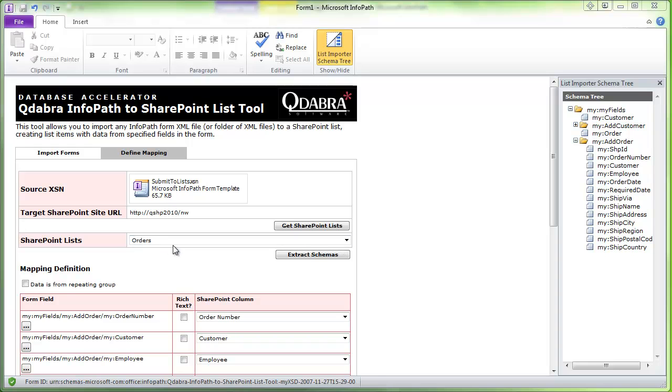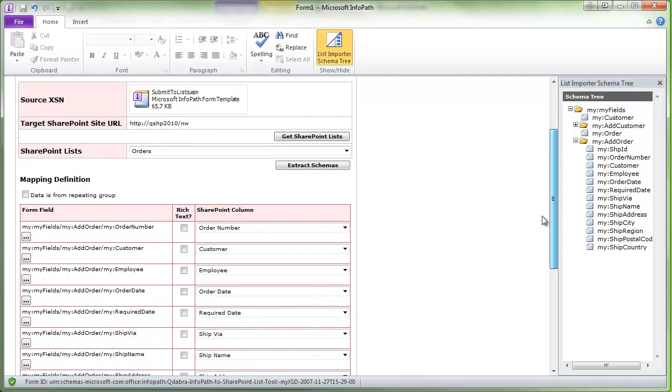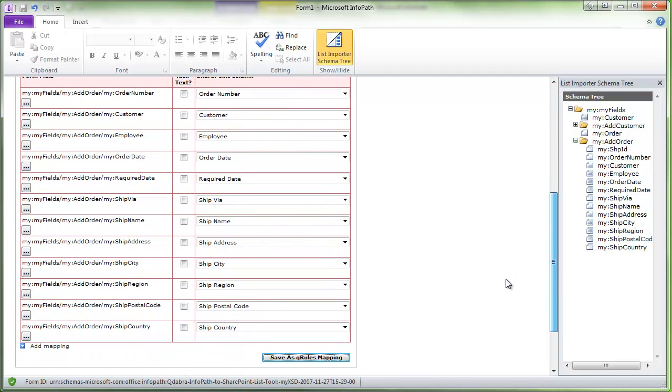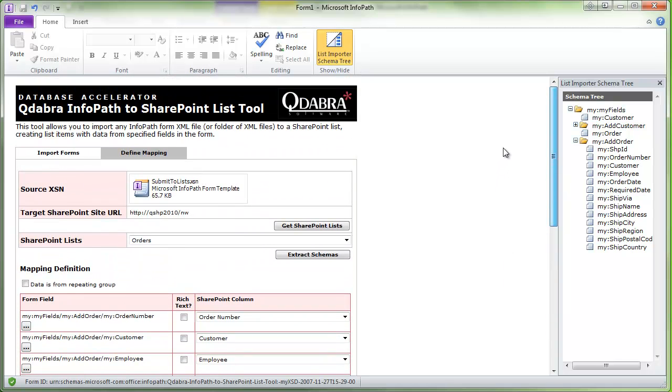So what I've done is I went ahead and I just changed the list here in my SharePoint list. I extracted schemas again, and then I mapped all of the fields that are in my Add Order section. I've already saved this as a QRules mapping, and I called it ORD mapping. So I've got the 2 mapping files that I need for my next task, and I can go ahead and